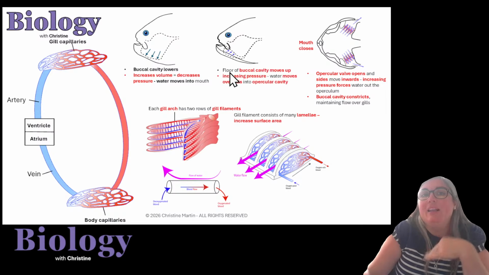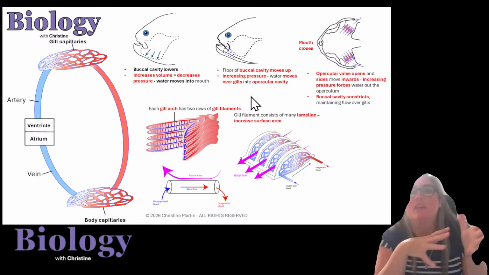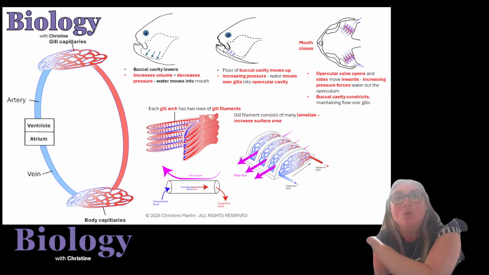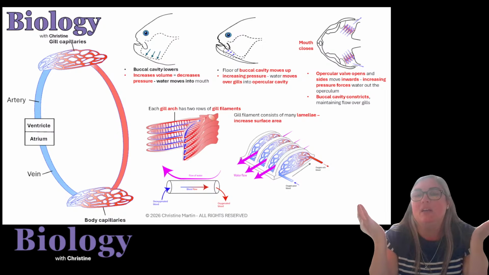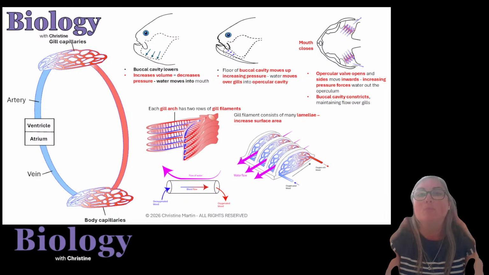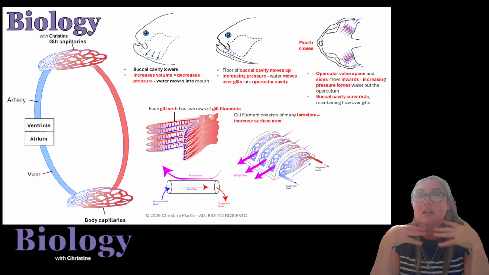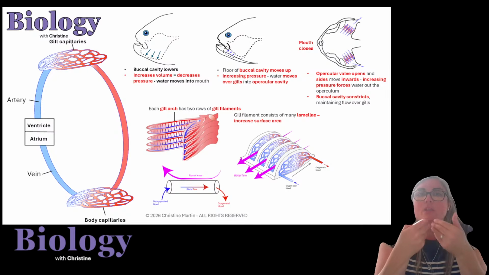If we then lift the floor of the buccal cavity back up, that will therefore increase the pressure by decreasing the volume, therefore moving the water over the gills. And if we open the opercular valve at the back, that is going to also change the pressure, and therefore if we move the sides of the fish buccal cavity in further, that is going to then force